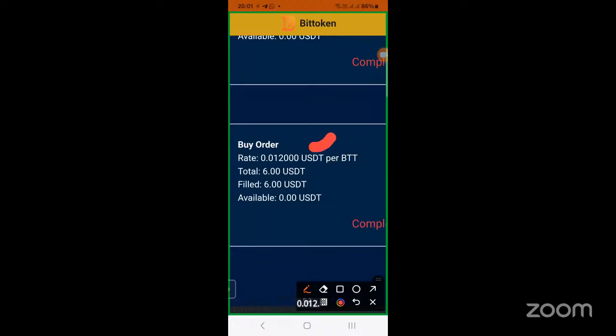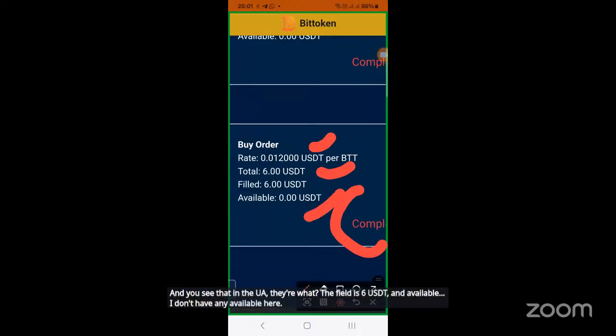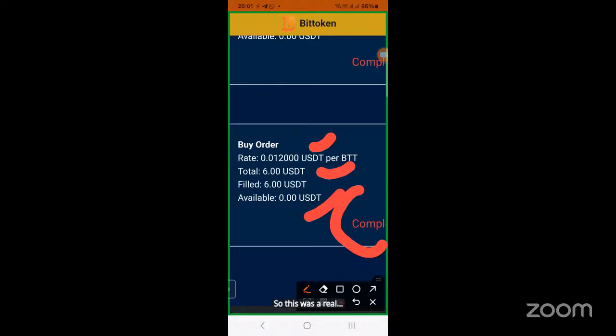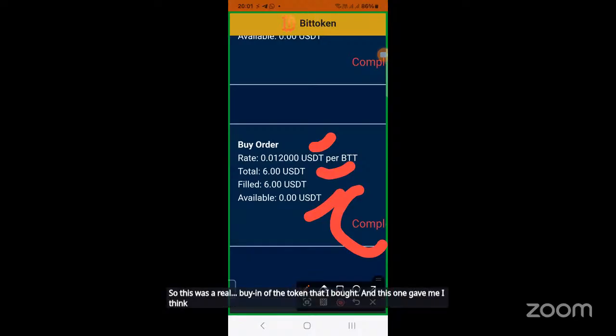0.012. That was my rate. I placed it there, and it was going to cost me $6. And somebody sold to me. And you see that the what? The fee is 6 USDT, and available, I don't have any available here. So this was a real buying of the token that I bought. And this one gave me, I think it was around 500